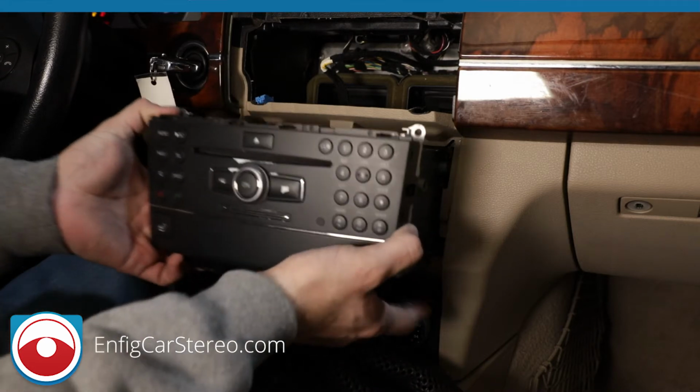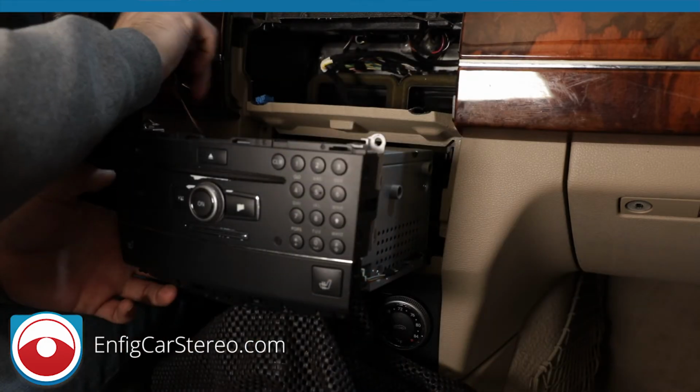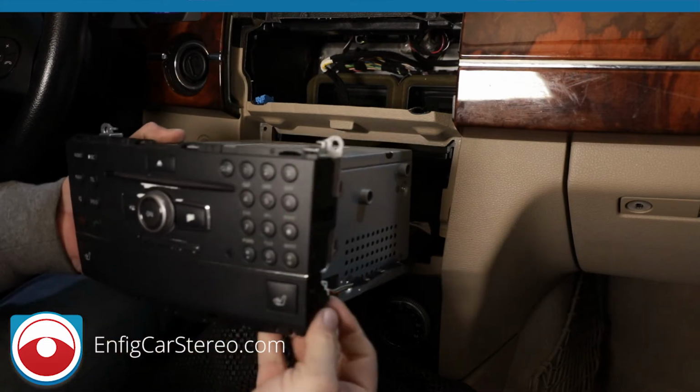Okay. Now I'm going to put it up. Now I'm going to let it rest on here. I'm going to turn off the car and then take my foot off the brake. Okay. Once we get all this here,